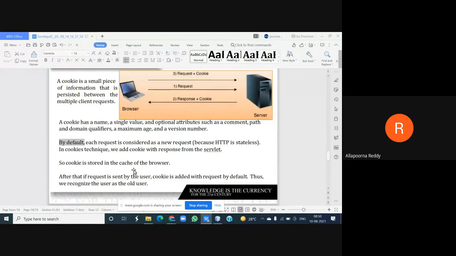Where is the cookie stored? The cookie is stored in the cache of my browser, and after that, if the request is sent by the user, the cookie is added with the request by default. I made it the third step. Thus we recognize that the user is the old user. Already the request is coming from an existing person only. I have some state information with me.